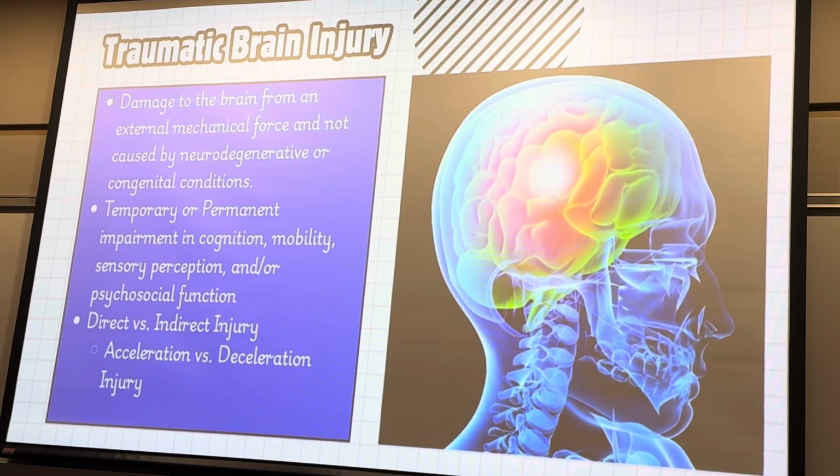Indirect injury. Some type of force, some type of blow to another part of the body, but then it rebounds, reciprocates to within the brain. Then you can further break it down into acceleration versus deceleration types of injuries. So acceleration injuries, again, that baseball bat to the head causes that sudden movement, almost that whiplash effect, causing the brain to slosh around and hit within the skull.